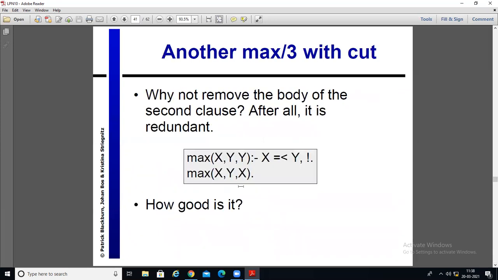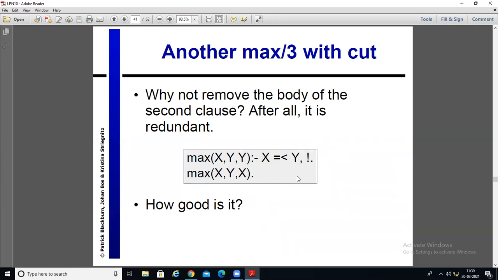Now, what is a red cut? If you change the body of the max program here, like max of x, y, y if x is less than or equal to y. But we already know that if this condition is false, then the maximum value is going to be x itself. So why should we check once again? In that case, instead of writing this body over here, we can directly write max x, comma y, comma x, because we already know that x is going to be larger.